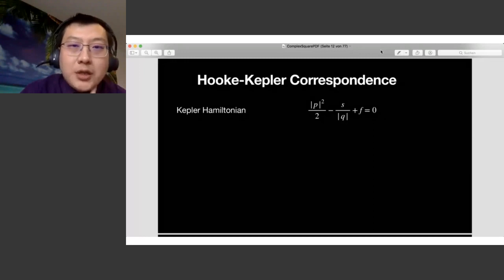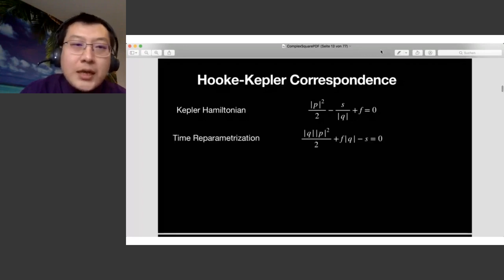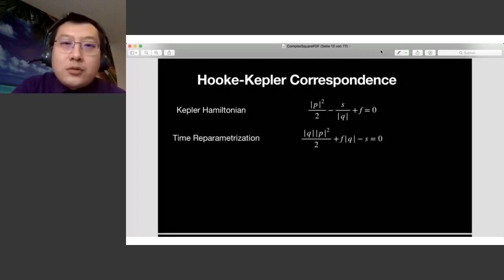This is a Kepler Hamiltonian with a mass factor, which we fix at energy minus f, which is the same as saying that the Hamiltonian, kinetic part plus potential plus f, equals 0, and this defines a certain kind of hypersurface in the phase space. And now what we can do is multiply both sides by the quantity norm of q,